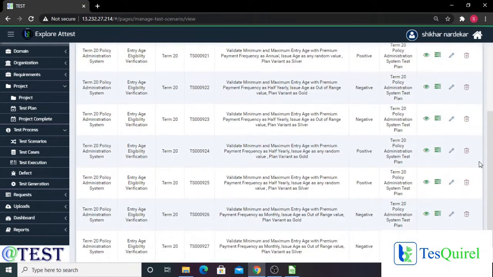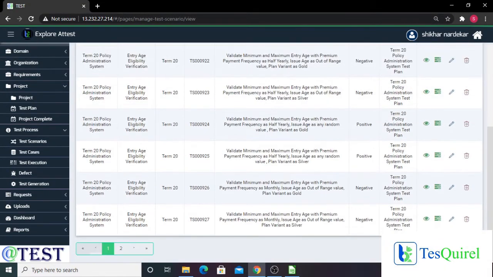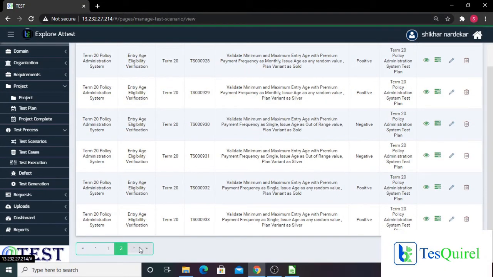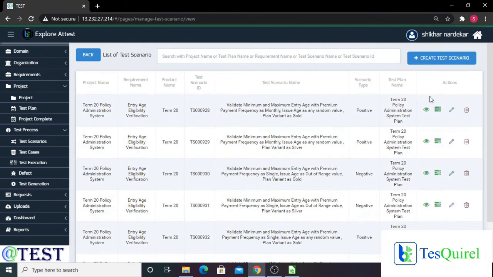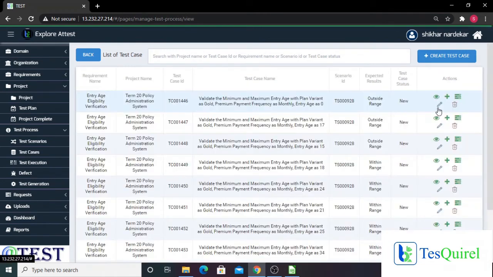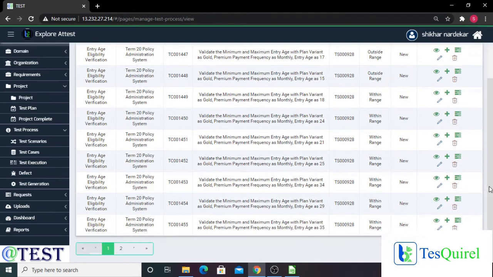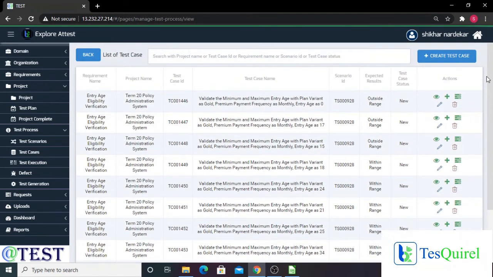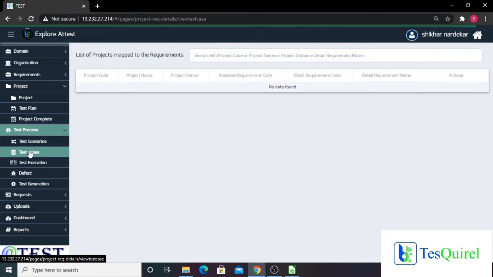So these are the scenarios which have been created. You can check out one scenario. These are the test cases which are mapped towards the project. So we can see there are these many test cases which are mapped towards the project. We can check out the test cases individually as well.